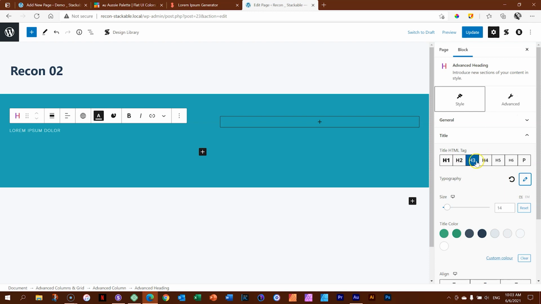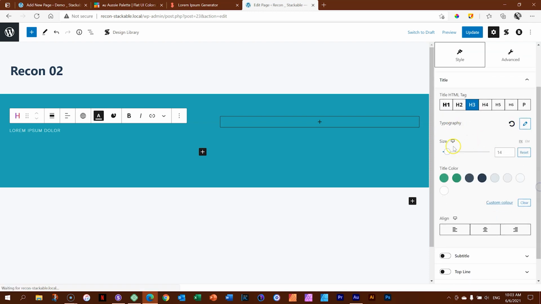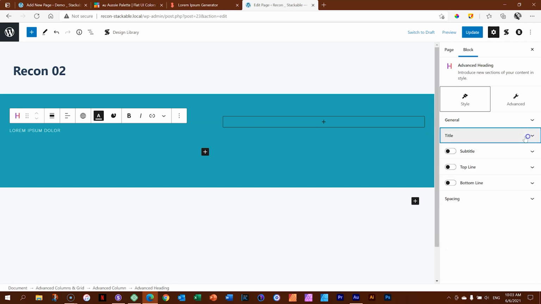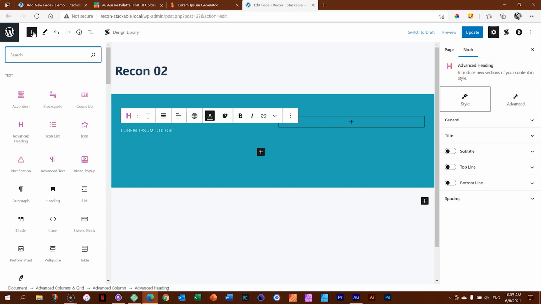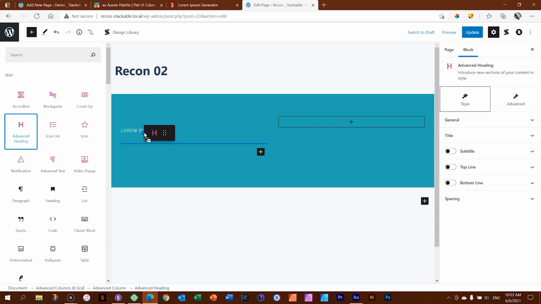So let's see, we put it on our heading. Typography, size, color, and alignment. That's awesome. And we are done with this one. Next, I'll bring in another advanced heading. I'll go here, add block. And because I've used advanced heading, it should appear here at the top. This time I'll click and drag to the left column where I see the thick blue line, and I'll drop